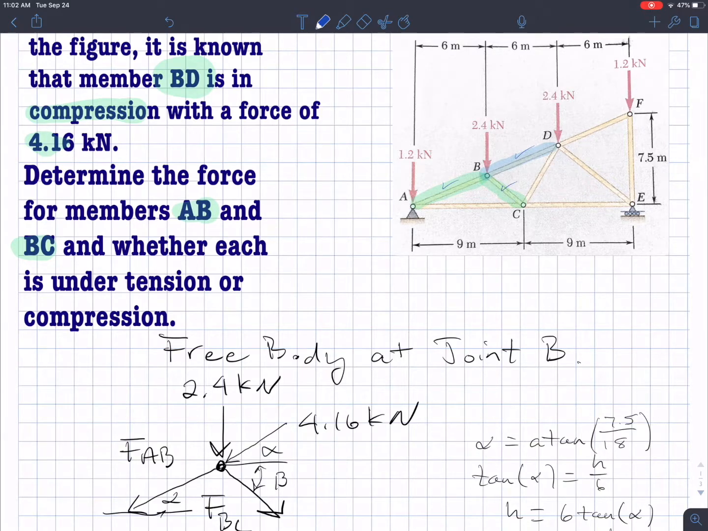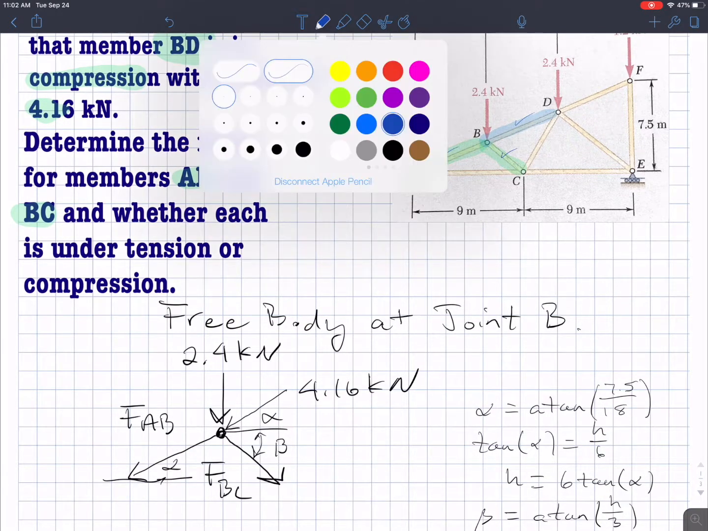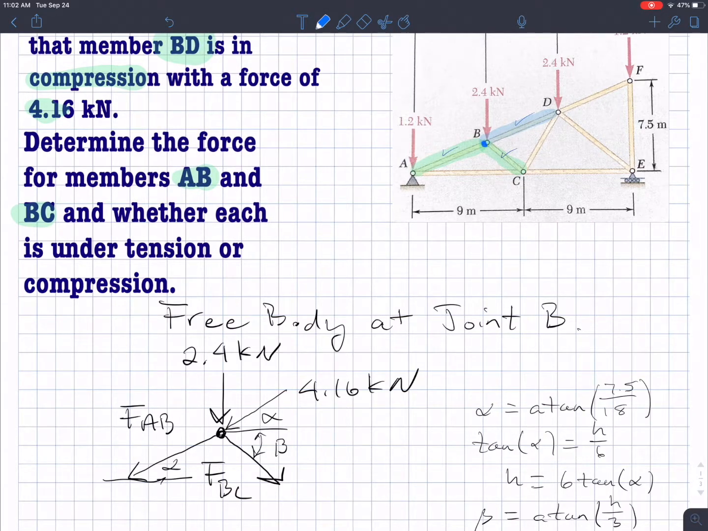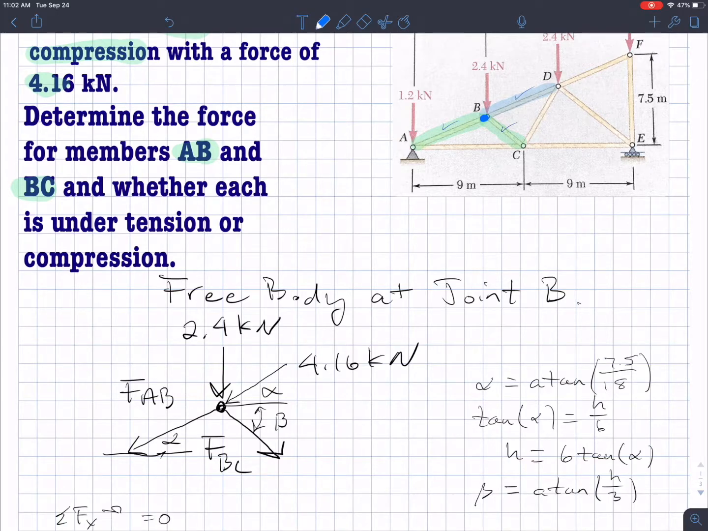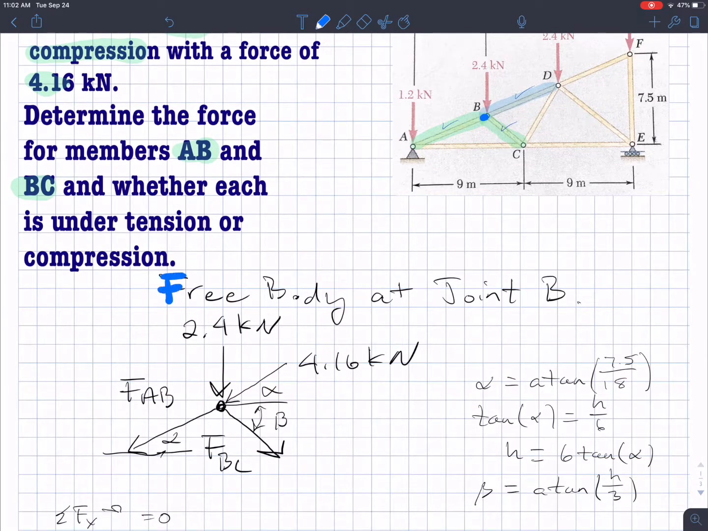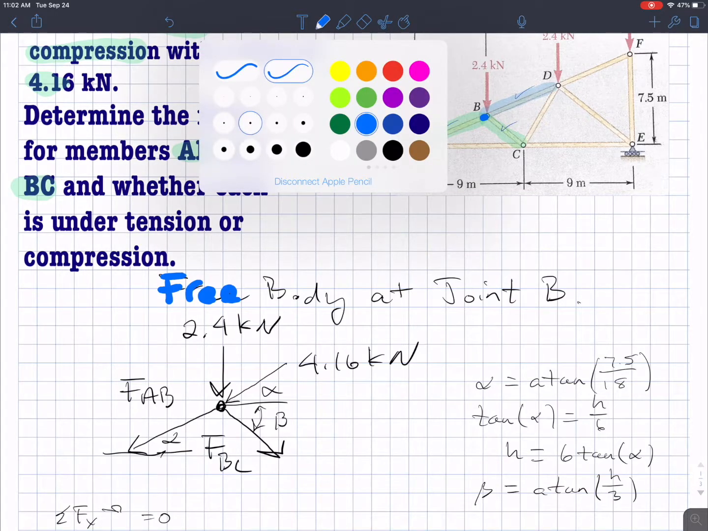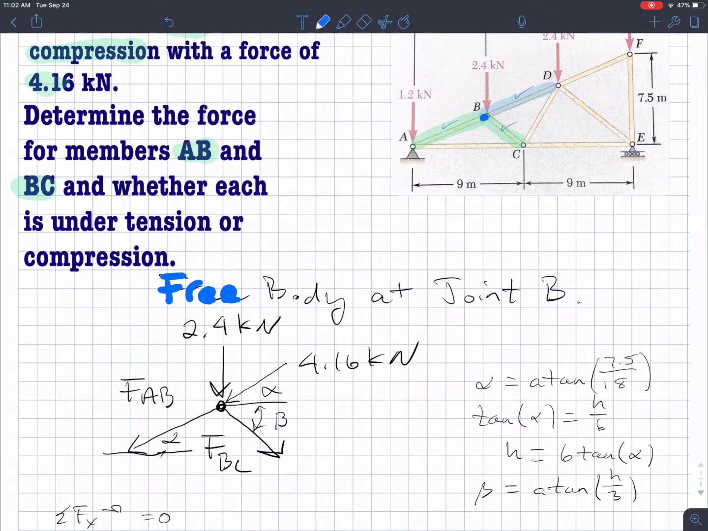All right, so I think it's pretty clear. What we need to do is take a look at joint B, just because that's the only joint that involves the known, the given, and the unknowns. All right, so from there, what I would like to see is a free body diagram at joint